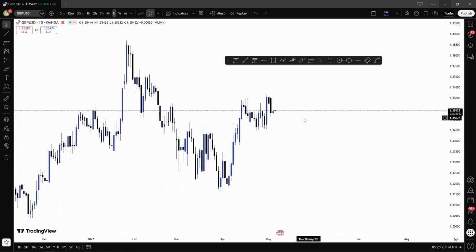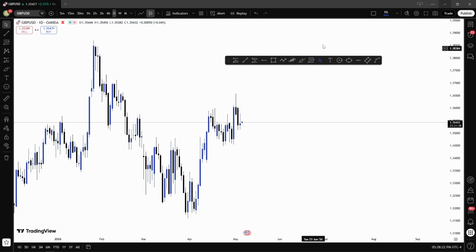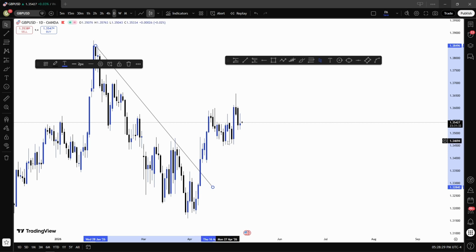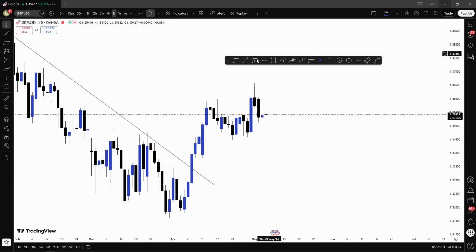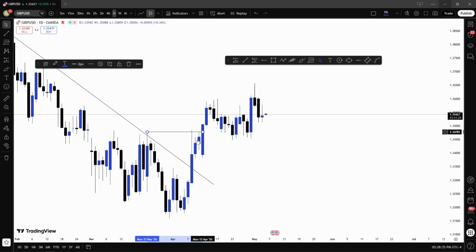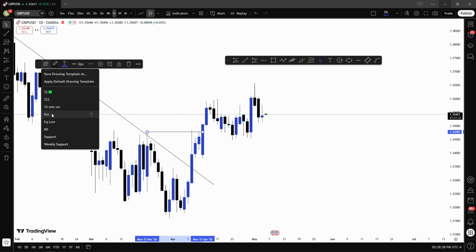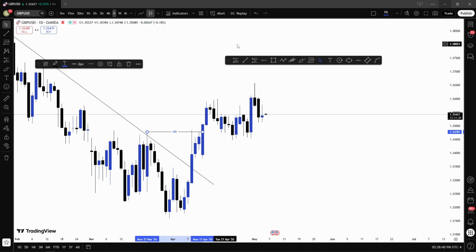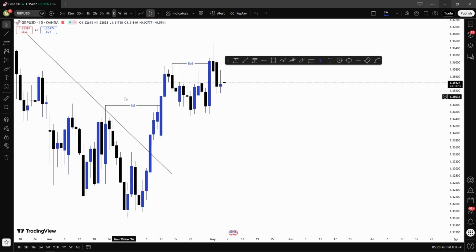Now on the daily time frame, we can see that the market was trending downwards within this level here. Consider how the market used to be in a downtrend before it finally broke above the level, and now it has given us what? A market shift. So here we have a market shift, and then here we have a break of structure, which shows that the market has actually switched from a downtrend to an uptrend,